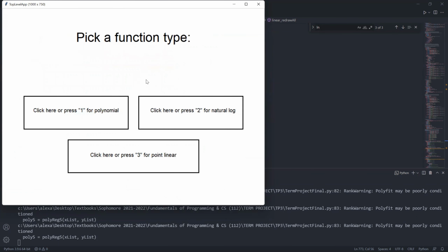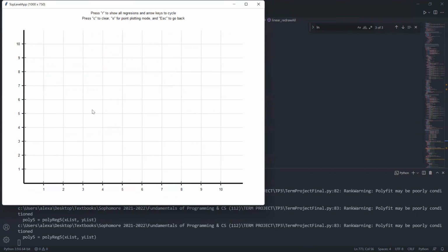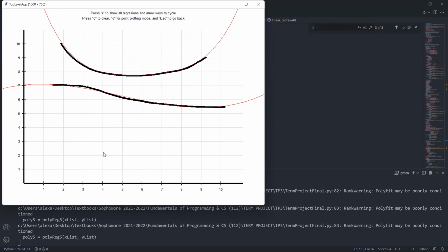Now, the more exciting part of my project, or the one that I think is quite a bit more complicated, is the fact that you can draw on this canvas and get back a function. So if you draw a line, it turns out that oftentimes a third degree polynomial fits the best, but you can also graph multiple curves on the same canvas. So if I draw that, and let's say I draw this, I can graph all of them at once,